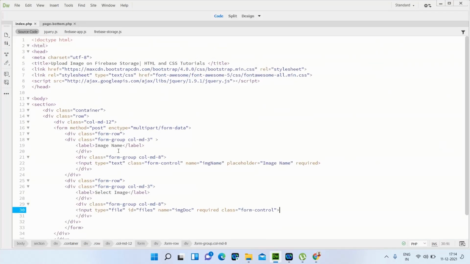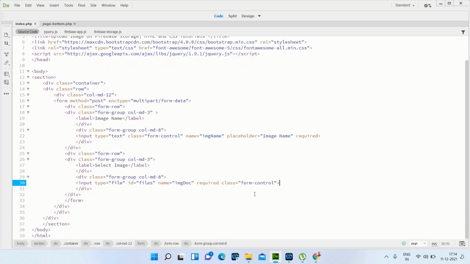Now I am going to create one button. The button provides some message to the user.